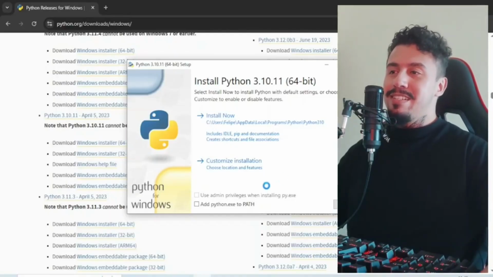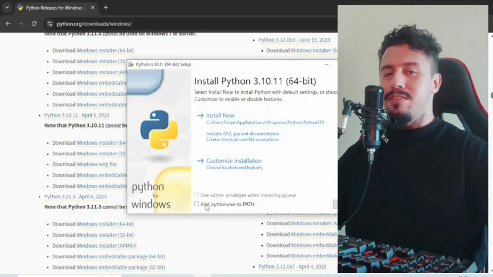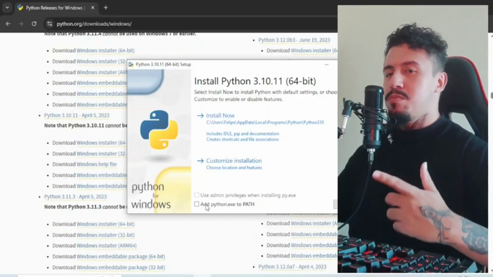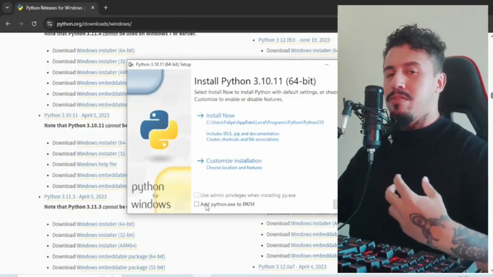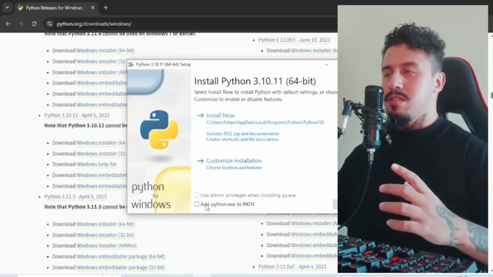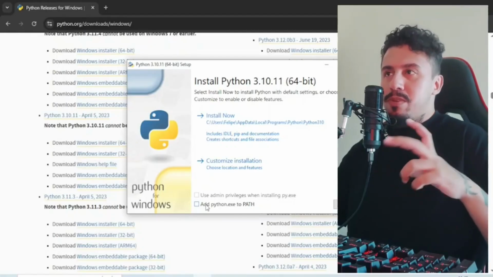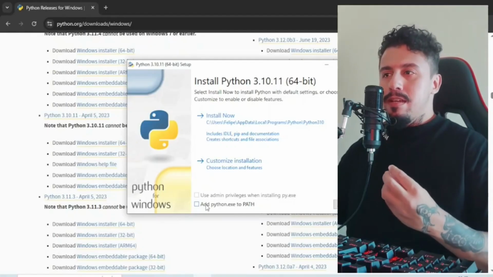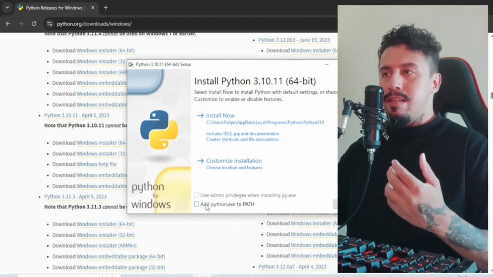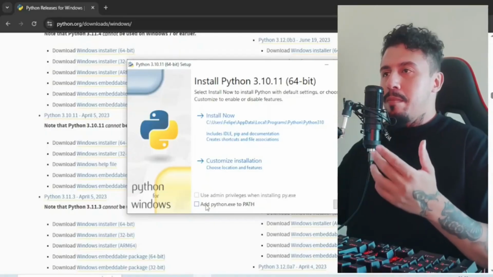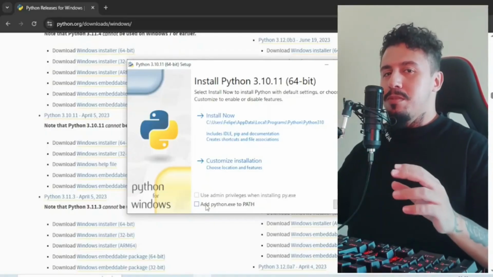You don't check this box before clicking install now, and if you don't check this box, you're going to face problems when you use Python through your terminal, because for the Windows operating system